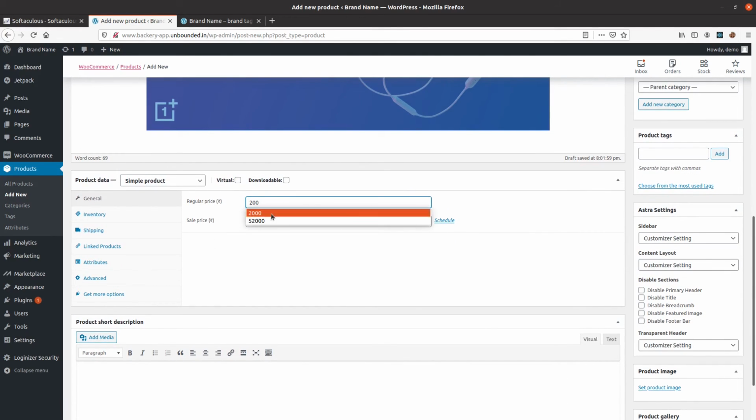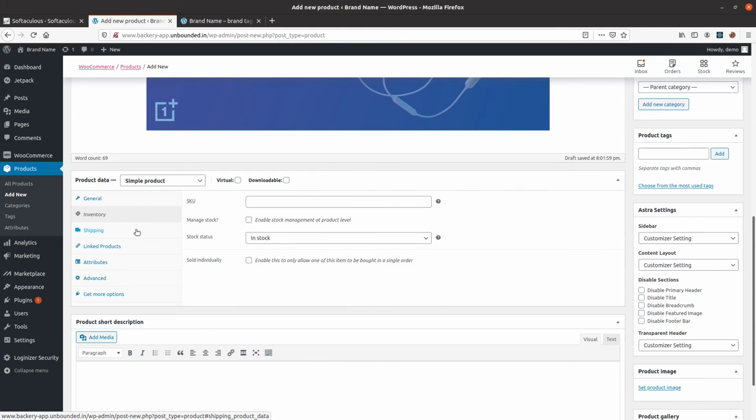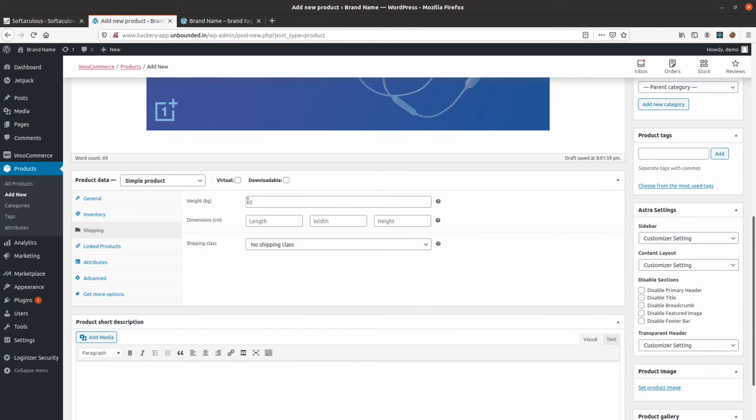You can put a price for this product, 2000, and then you can put a selling price which will show that you're giving some discount. You can define a unique code for this product, which is useful for your own tracking. It's not necessary. Then you can add shipping related information, like the weight of the product. It may be 100 grams, so since this is asking weight in kgs, you can put 0.1. Then you can put the width and other dimensions of the product. Not random numbers, you may want to put the legit numbers.